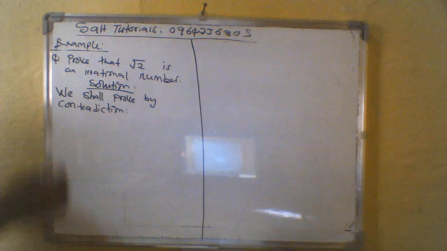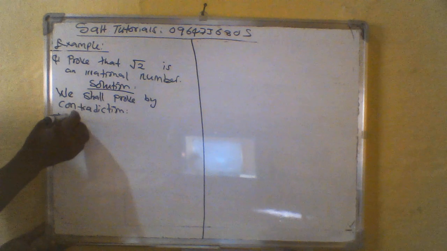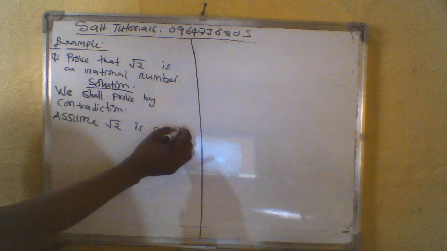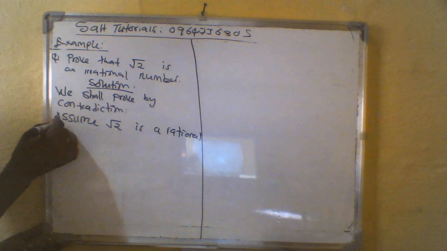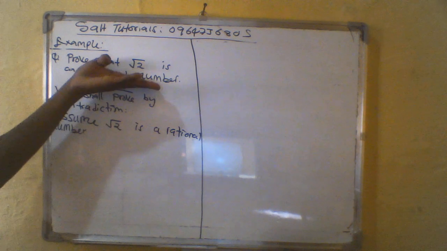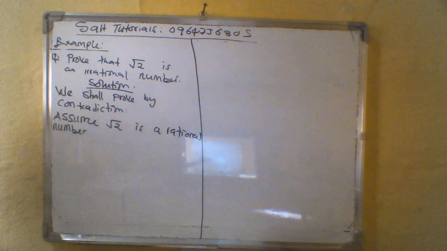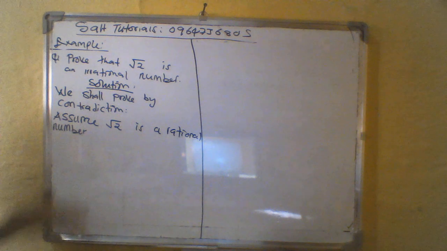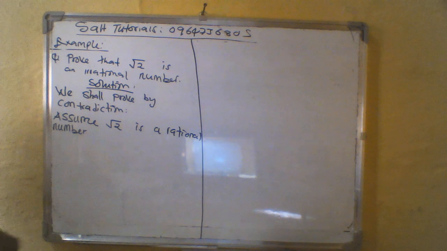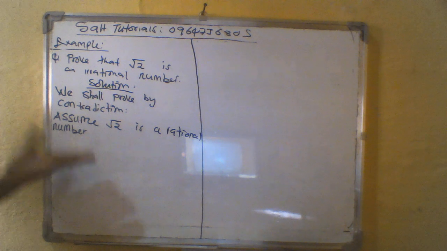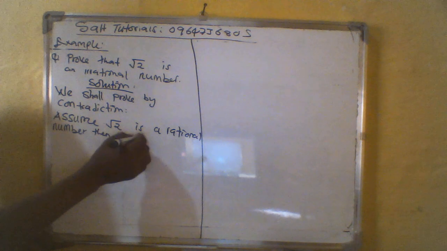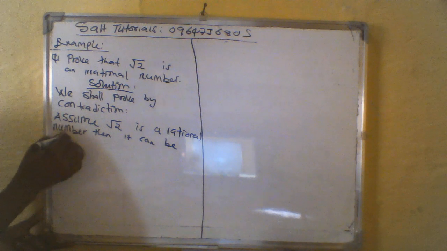So I'm proving that this is an irrational number. So what am I going to do? Assume root 2 is a rational number. So the contradiction method works the opposite direction. I'm proving irrational, but this time around I'm going to assume that root 2 is rational. So this is basically an assumption. If root 2 is a rational number, we know what a rational number is. From the definition, it should be expressed in the form of a over b, isn't it? So tell them, assume that root 2 is rational, then it can be expressed